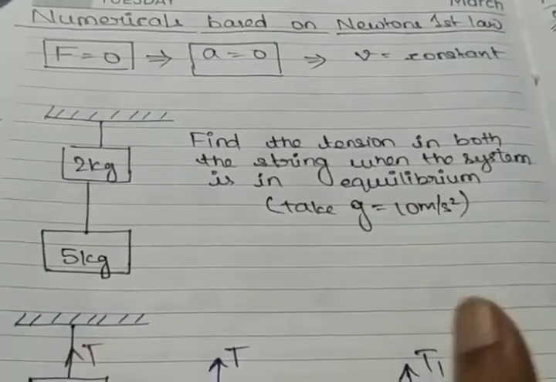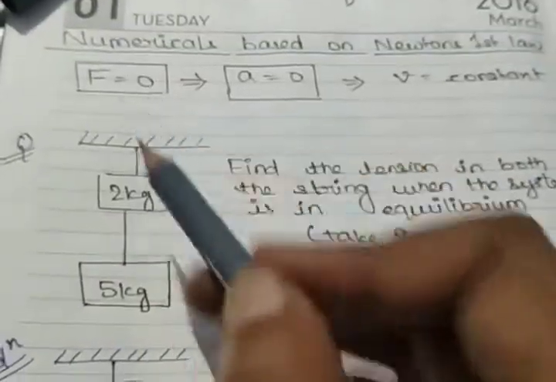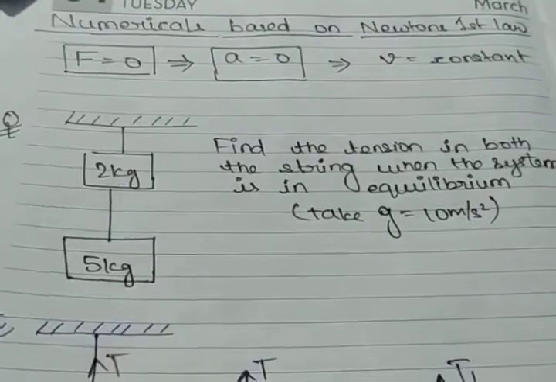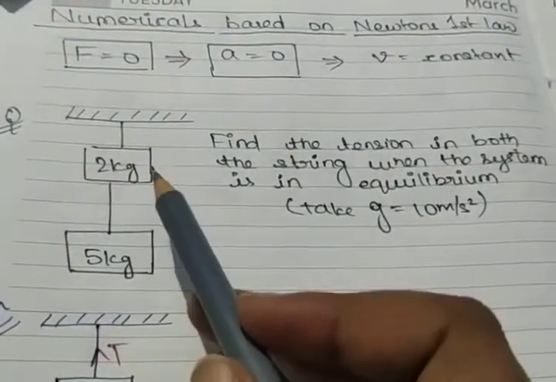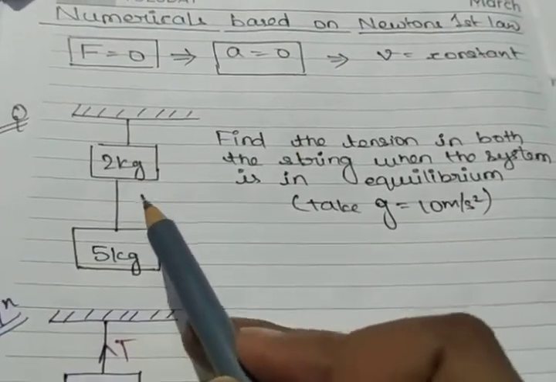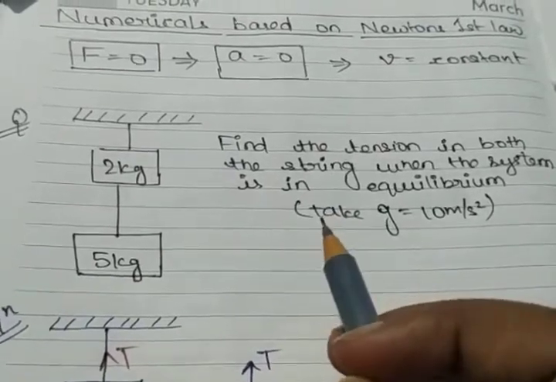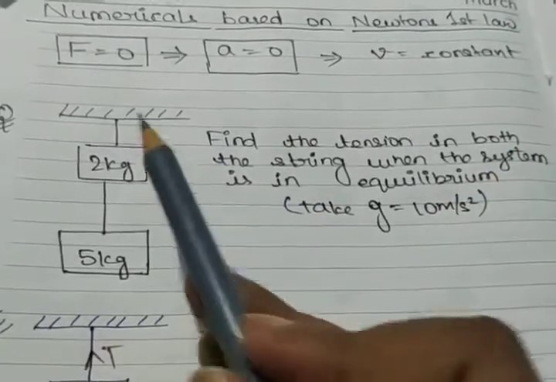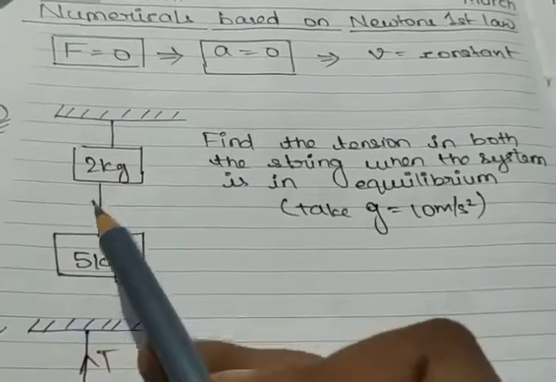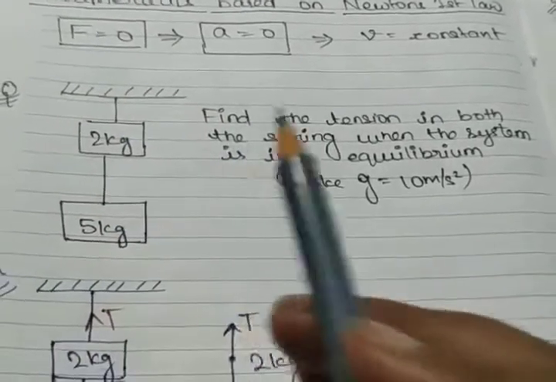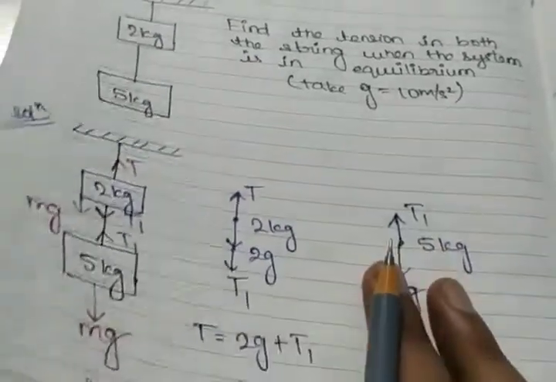What is given? The system is in equilibrium. Equilibrium means no net force is applied. When no net force is applied, whatever forces are there, they are balancing each other. Let us try to find out the value of the tension force in these two wires when it is in equilibrium, using our free body diagram.